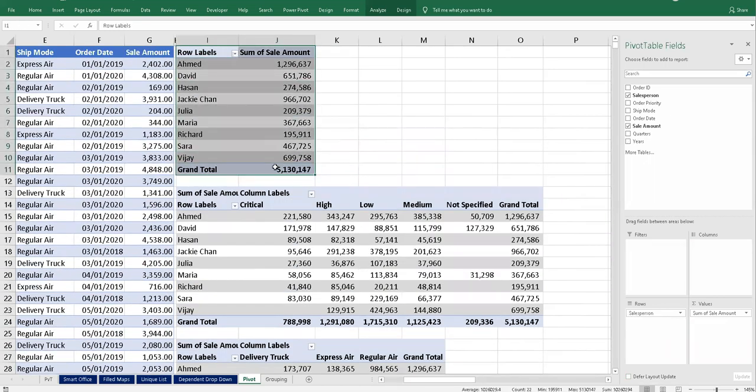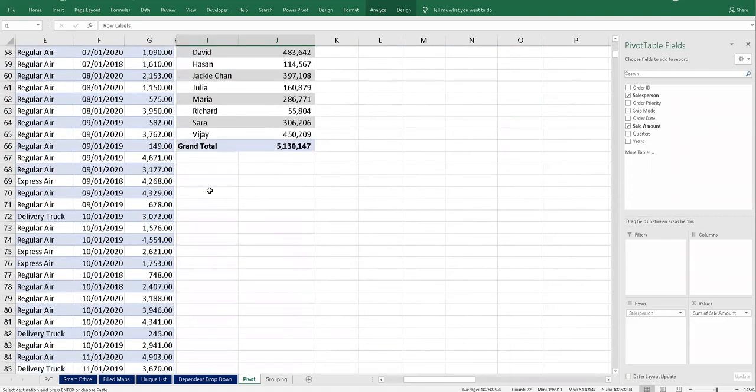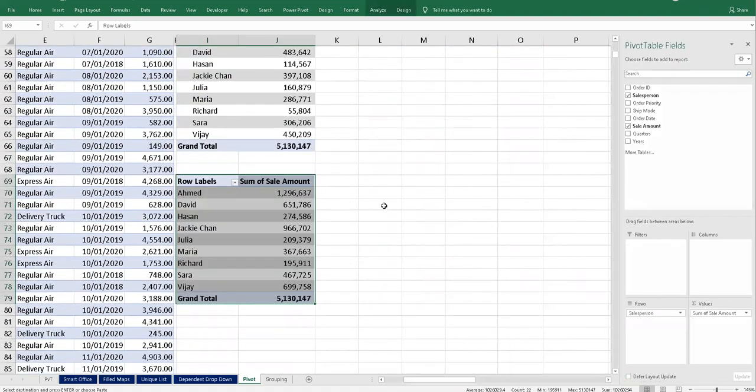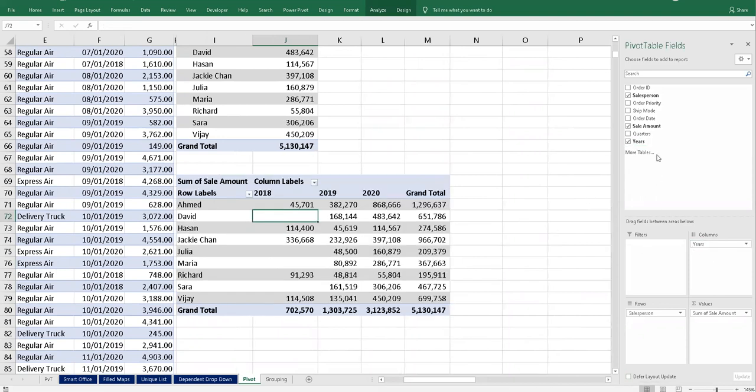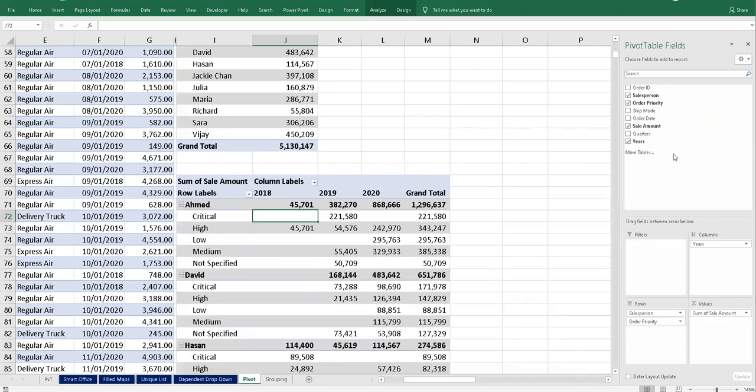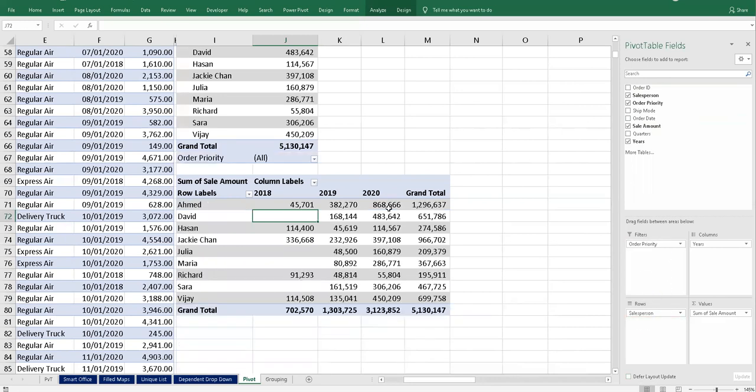Now you can see, from one table you can make many pivots. It is all your imagination, how you apply your logic. You can take this information area-wise as well. Say if area is this way, and order priority if you want it over here, you can put it as a filter as well.